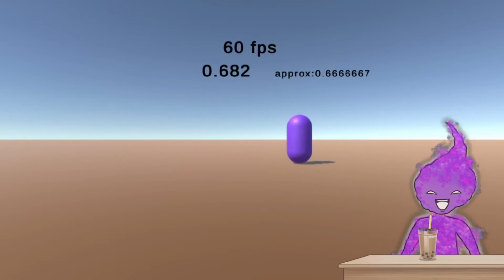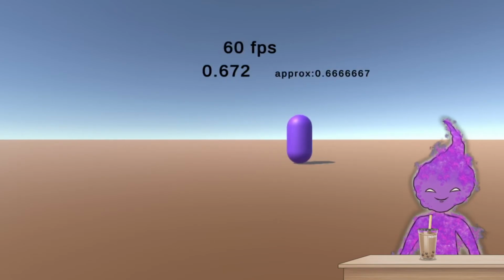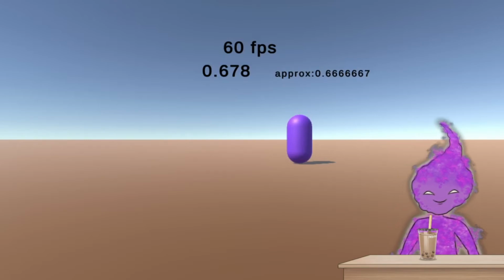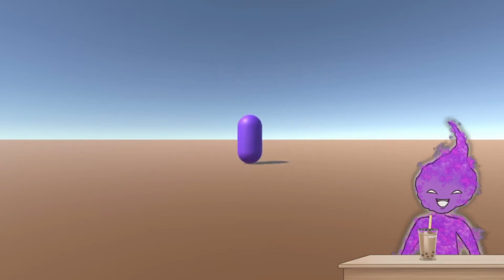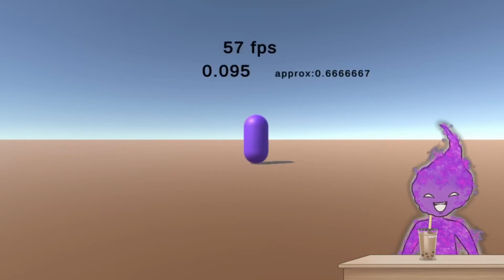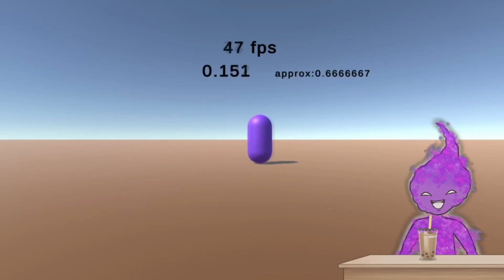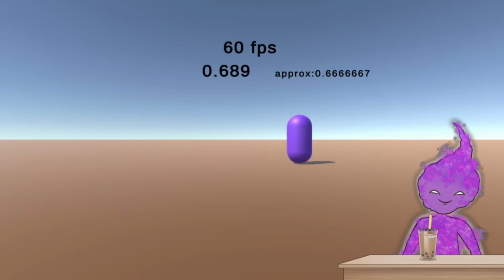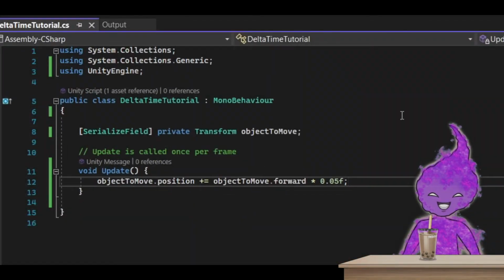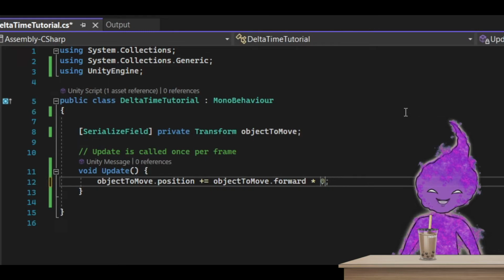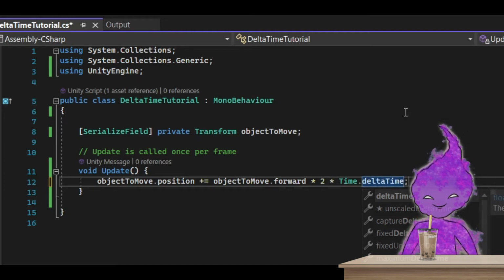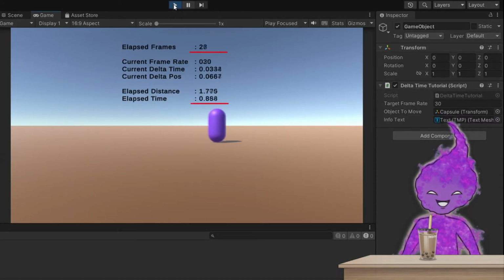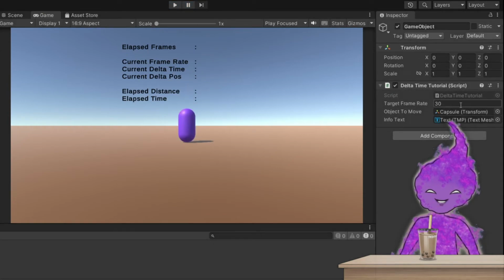Now, let's try utilizing delta time. Let's say we want our character to move at 2 meters per second, so no matter how much the frame rate is, it should arrive in 1 second. So, to apply the frame by frame movement, we have to separate the delta movement, which is 2 meters, into smaller chunks that are called per frame. In this case, all that we need to do is to multiply the delta movement, or the 2 meters value, with the delta time value of the current frame. This way, no matter how many frames have elapsed with each of their different delta time, we manage to move 2 meters in 1 second.